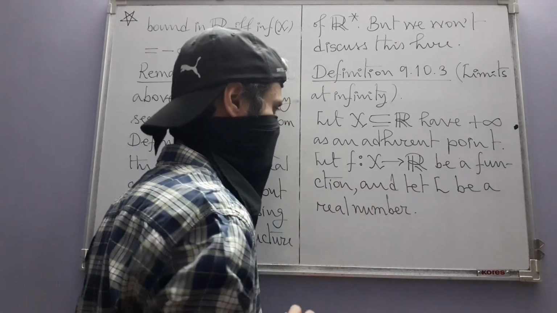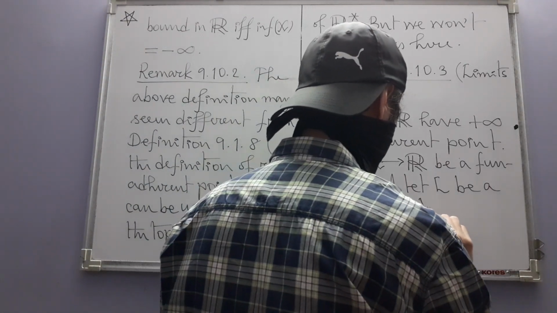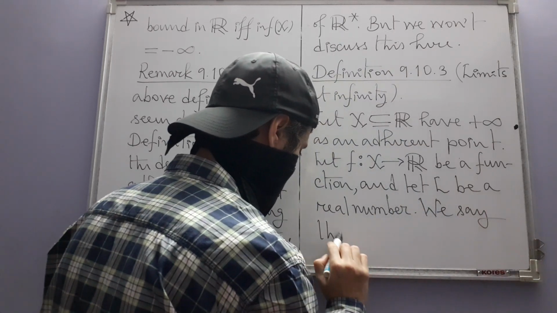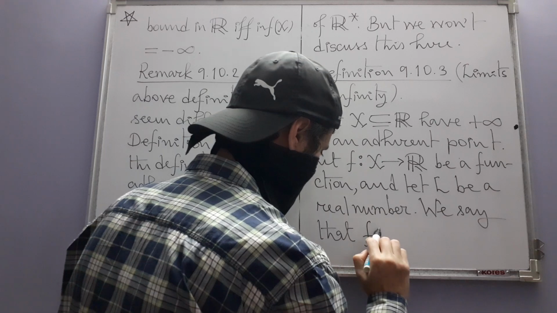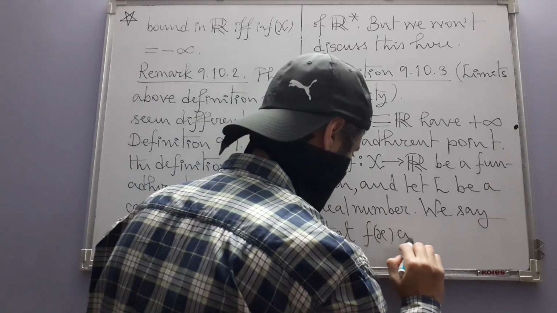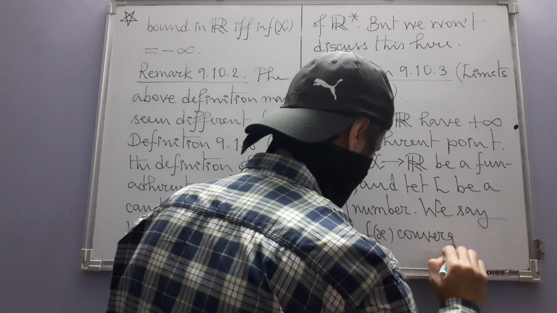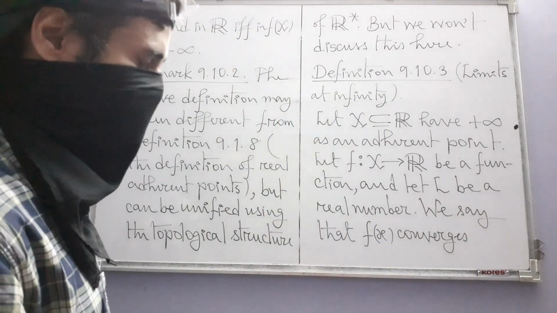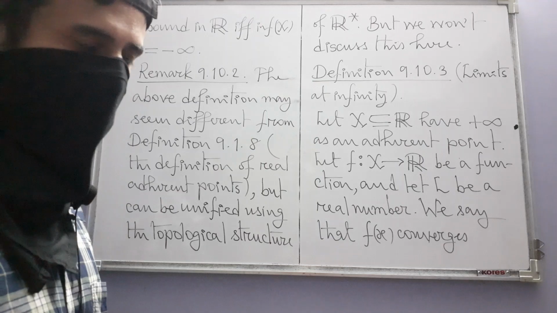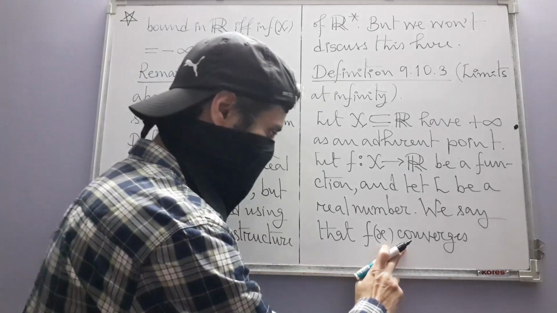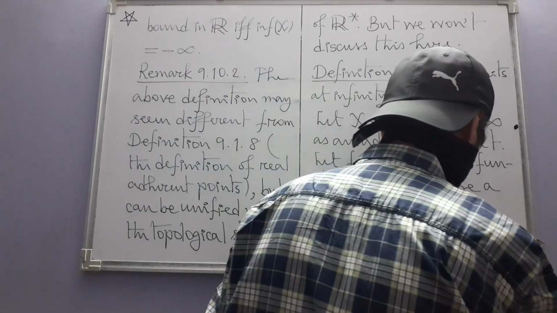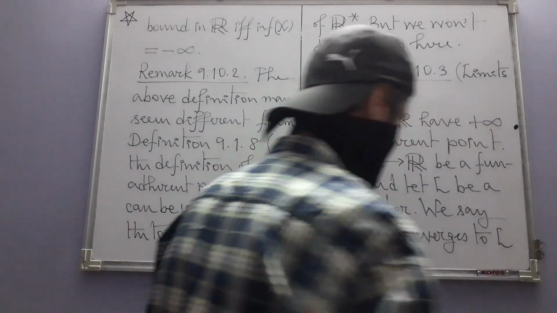That's what I was saying just now. We say that f(x), this is a very strange way of saying this thing, but the author for some reason decided to use this word, f(x) converges to L